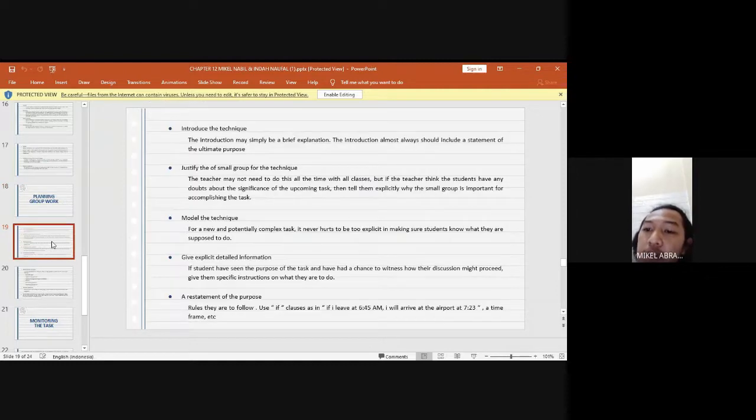Your planning phase should include the following rules for implementing a group technique. First, introduce the technique. The introduction may simply be a brief explanation. The introduction almost always should include a statement of the ultimate purpose so that the student can apply all other direction to that objective. Second, justify the use of small